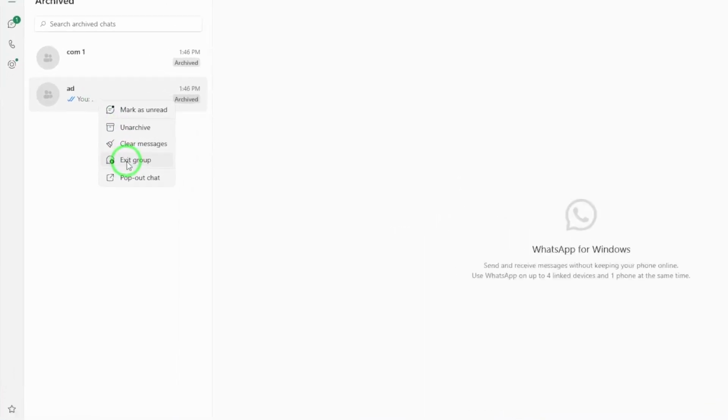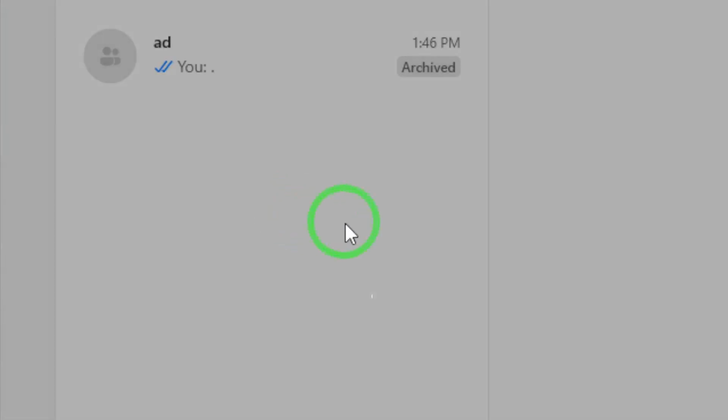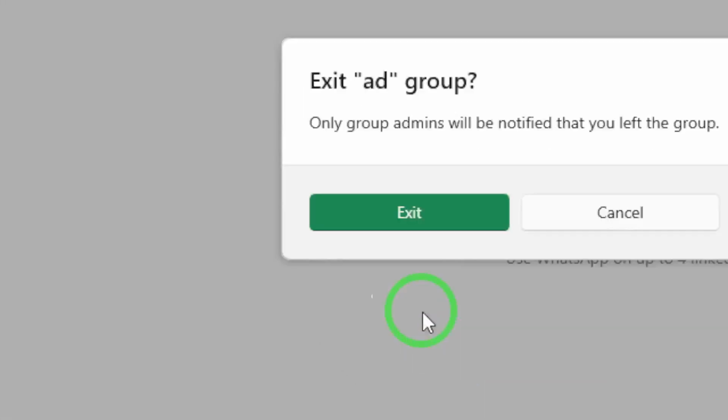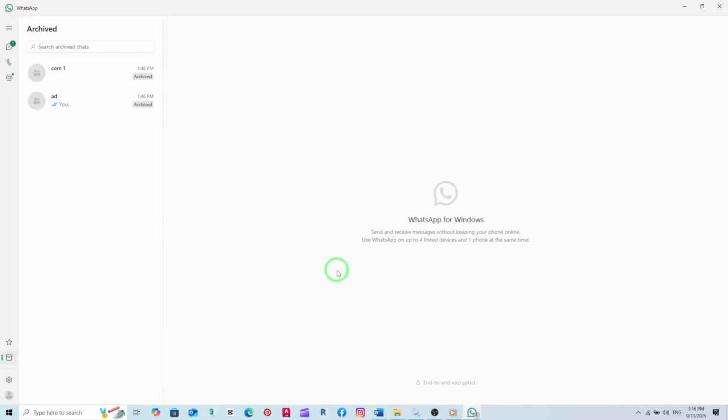This tells WhatsApp that you no longer want to be a part of that conversation. At this point, a small confirmation window will pop up, asking if you're sure you want to exit. Go ahead and confirm the step. That's all it takes. The group will instantly disappear from your archived list, and you'll no longer receive messages or